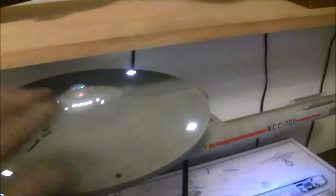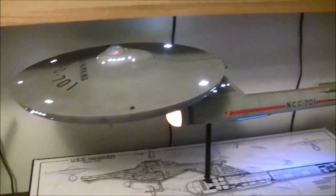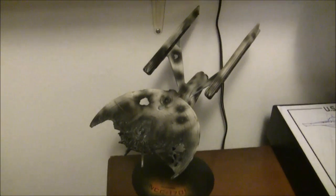And we called it the USS Hawkins as a tribute to Eric there. So that's really cool. And Eric really liked that when he saw it. Then here we've got a little 1000 scale